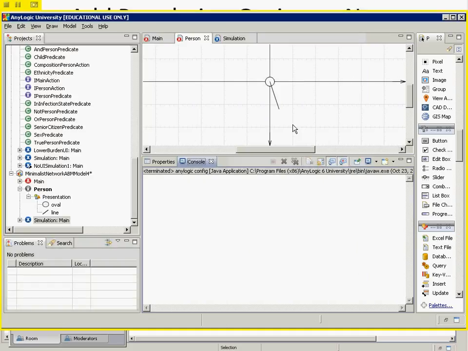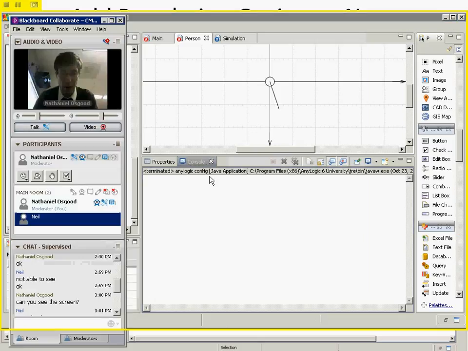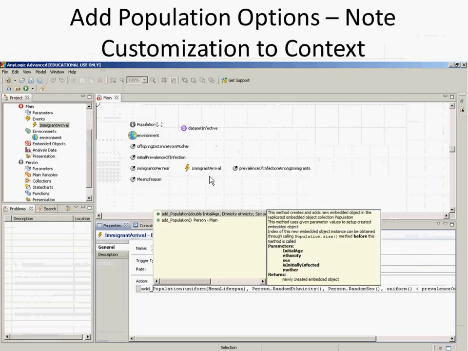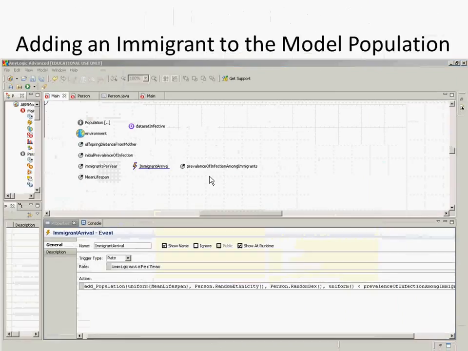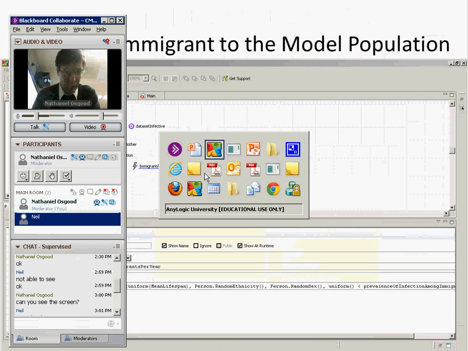Okay, so a bit distended there, but a little bit more generally, we might use something like this to impose an immigration rate. So how would we, if we want to impose an immigration rate, so people are coming into this model at a certain number of people per time unit, say, per